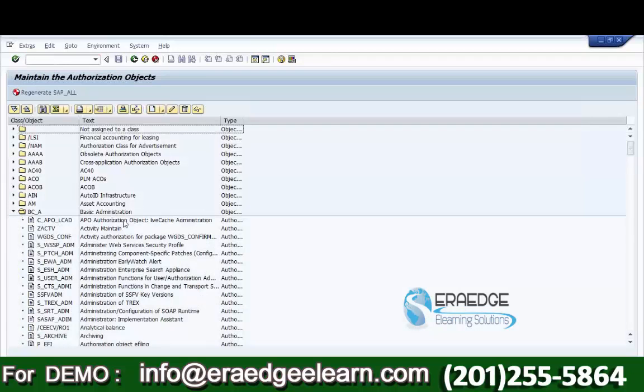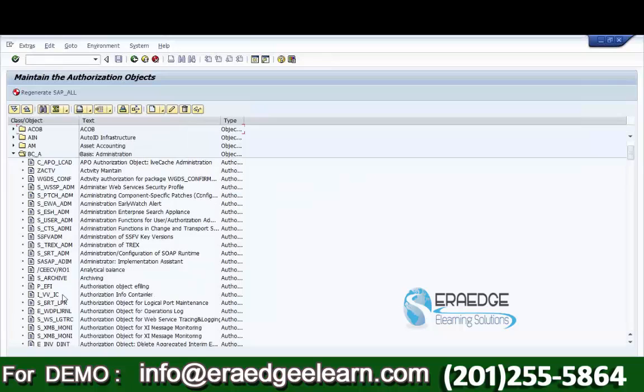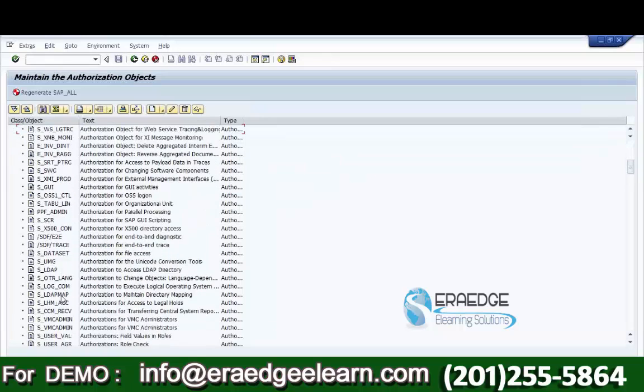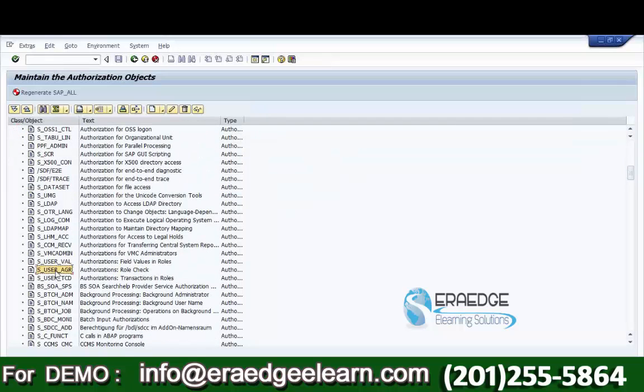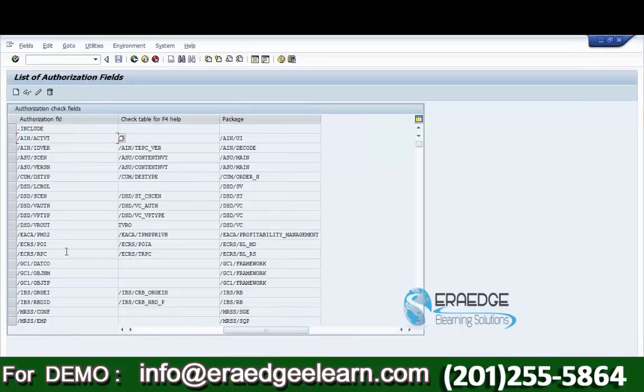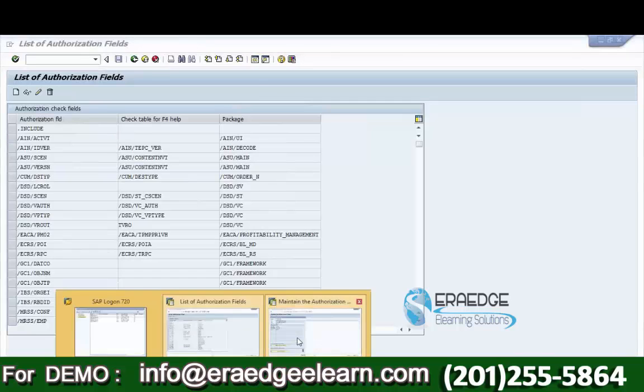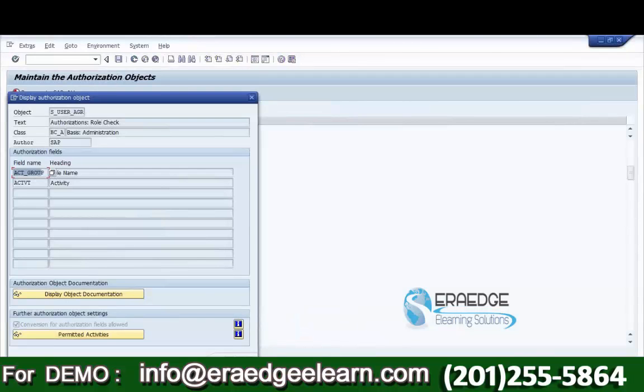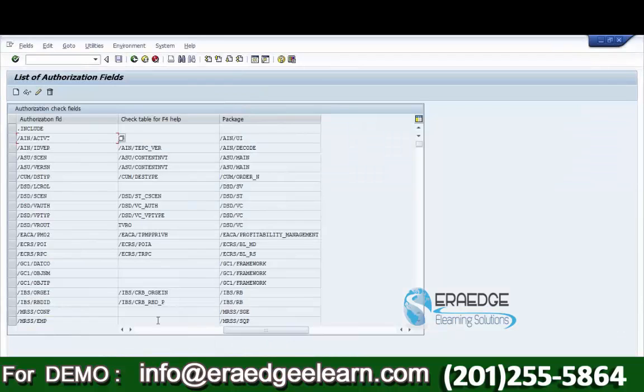Let me check the Basis Admin object class and the user related authorization object. When I double click on this user authorization object, you see ACT_GROUP is a field name.